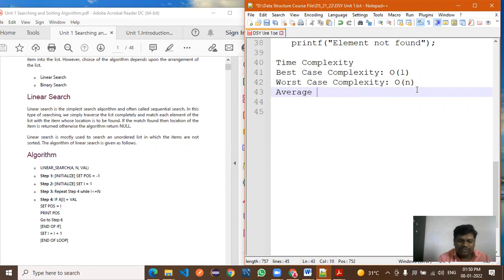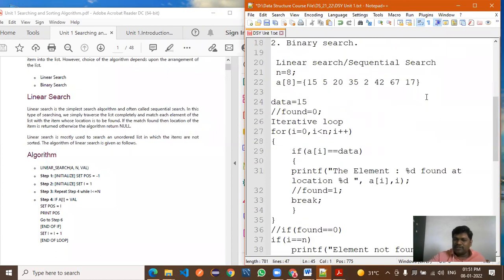In the average case complexity, what will the average case complexity be? So what is the average case complexity?